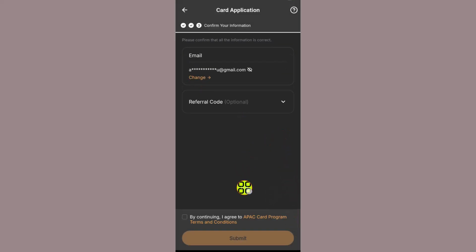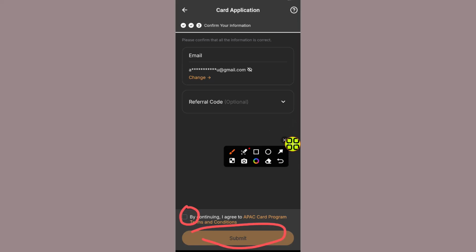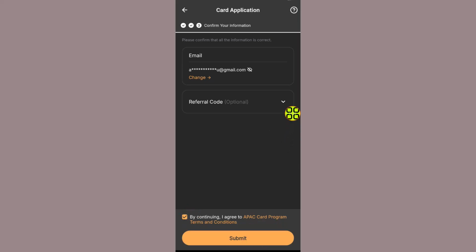After you select the view my application button, the next thing to do, now you tap on this option. Now confirm this terms and condition. So now you confirm this. After you confirm this terms and condition, then you tap on this submit button. So go to submit. If you tap on this submit button, from there now it will ask you which